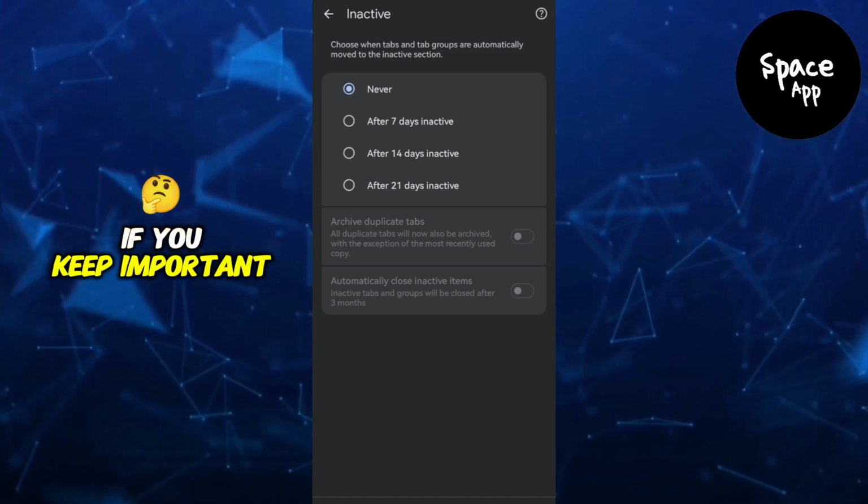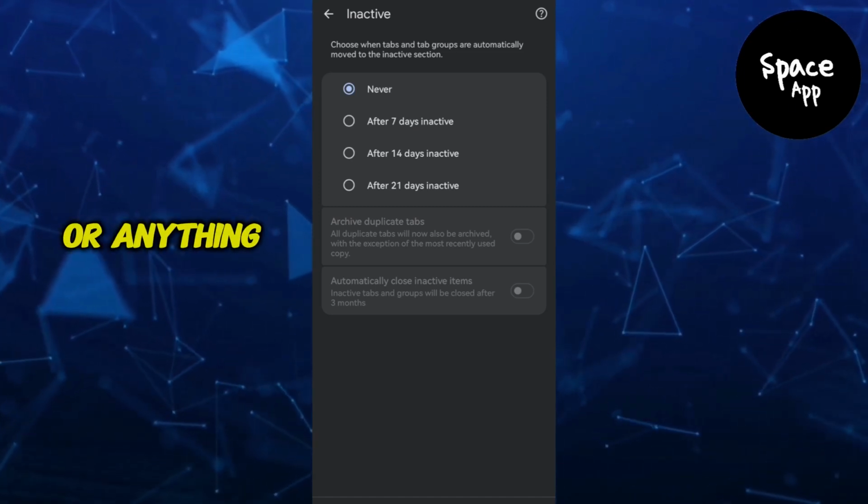This is really useful if you keep important pages open for work, school, shopping, or anything else you want quick